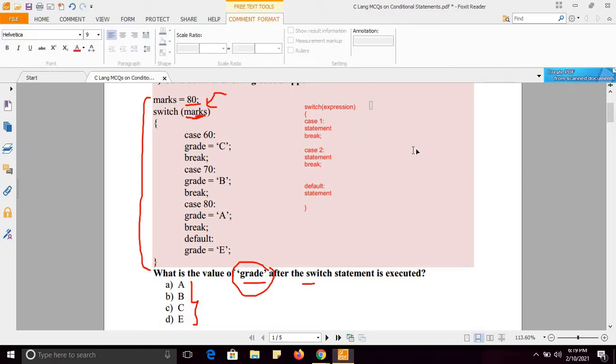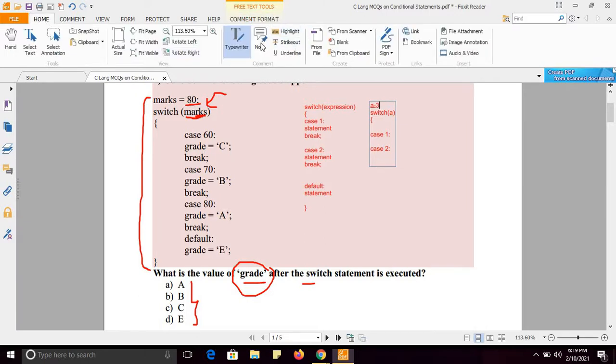Example, suppose value of a is 1 and I am passing a in the switch statement, then case 1 will be executed. If value of a is 2, then case 2 will be executed. If value of a is 3, then case 3 will be executed. So similarly here, value of marks is 80.